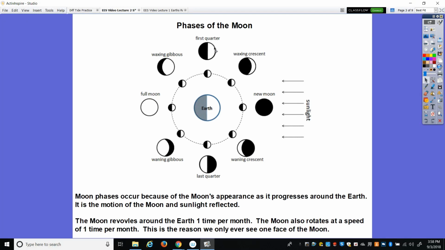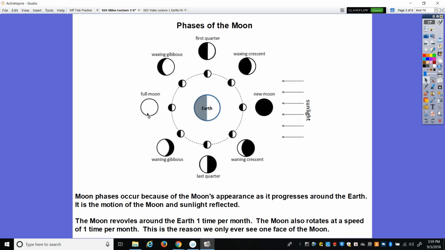As it moves a little further, now it's beside the Earth, we can see half of it lit by the sun, and so that would be called the first quarter. One more movement, we can see a little bit more. That's called waxing gibbous. And then finally, we have where it is completely behind the Earth and the sun hits it full on,